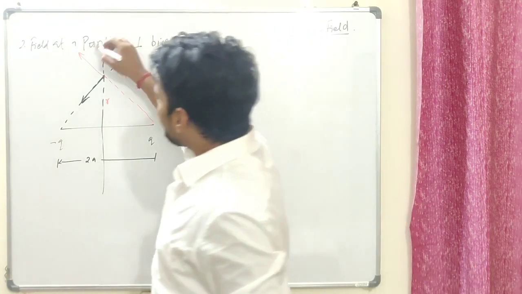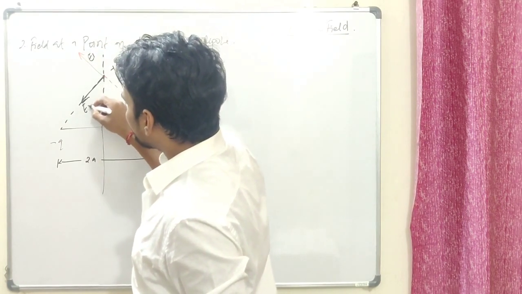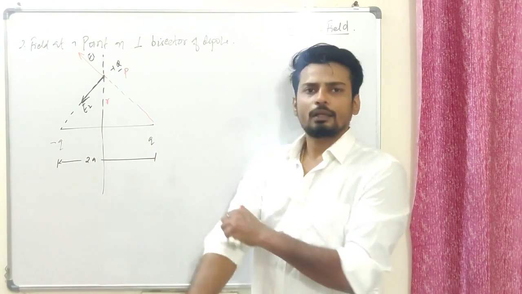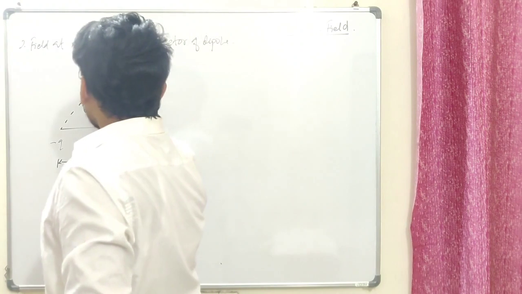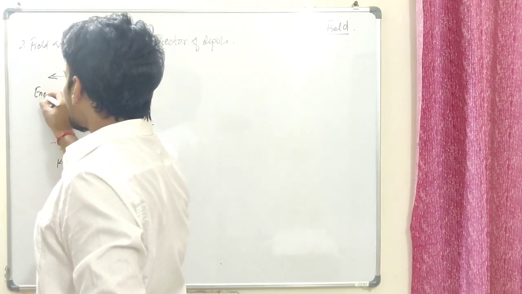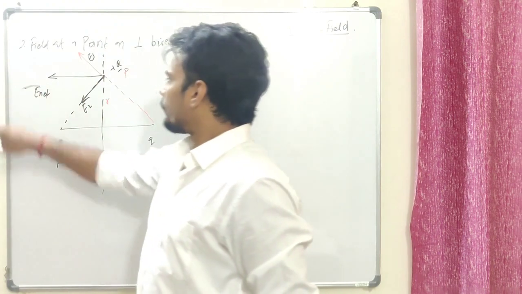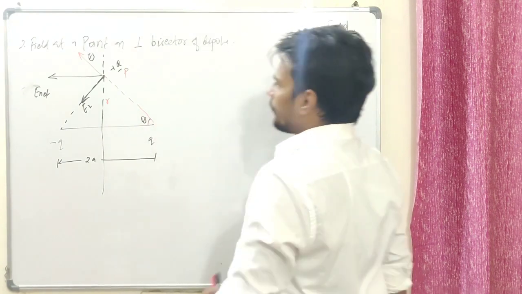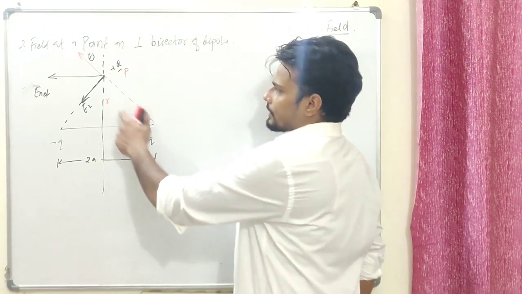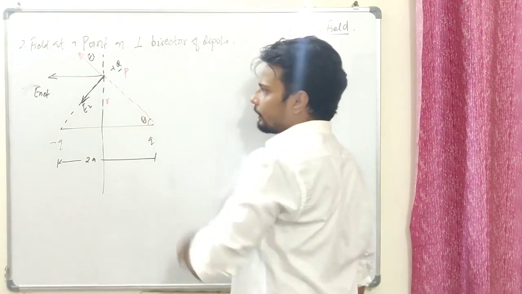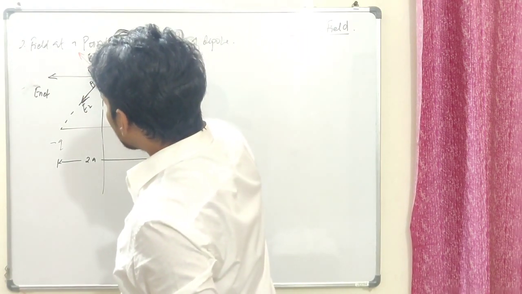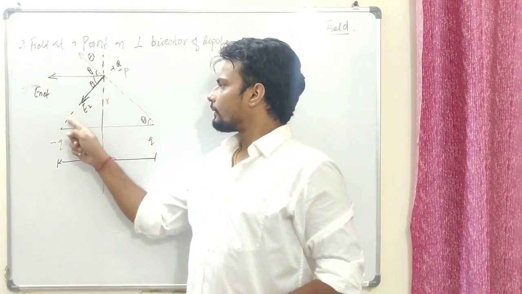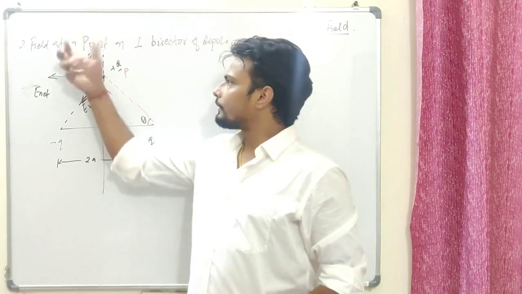Now the net electric field, let me assume this is E1, this is E2. Both of them are going to be equal because it's coming up as an isosceles triangle, right? Both of them are going to be equal in magnitude. Anyways, the resultant E net should be in this direction. Okay, I'm already mentioning the direction, there's no point of keeping the vector form. Let's assume this angle is theta. Okay guys, if it is theta, this must be theta, even this must be theta because they're equal. So let's assume this is theta, this is also theta, you can just go with the geometrical concept of parallel lines. This angle is going to be theta, isosceles triangle, all are going to be theta.